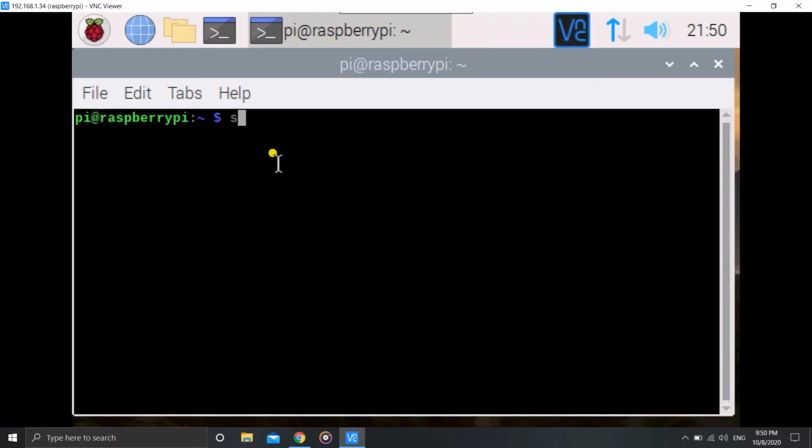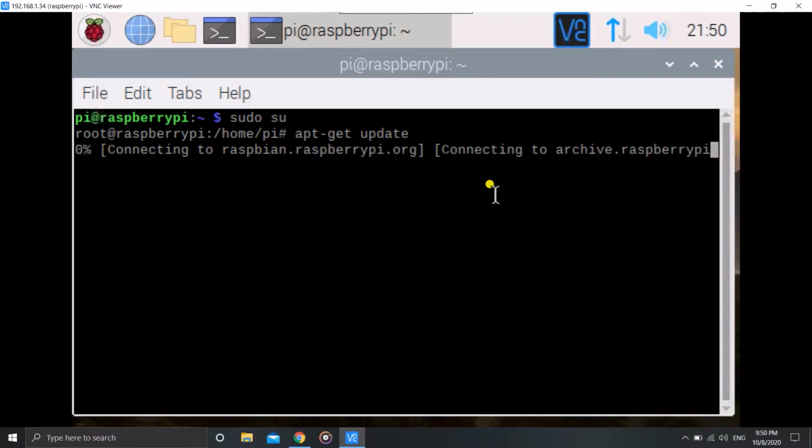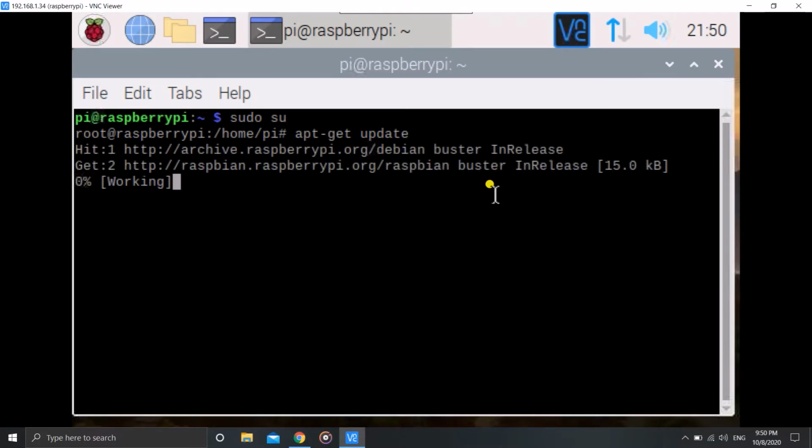So just do sudo su. What this does is make you the root user, so you don't have to put sudo before the commands every time. Just hit sudo su, that's all. Now you are the root user, as you can see over here. That's done. And don't forget to run apt-get update. This is good practice, I won't say mandatory, but we should do that. I don't know if my Pi is on the latest version. Let's see how much time it takes. I hope the network is running well and it gets finished quickly.